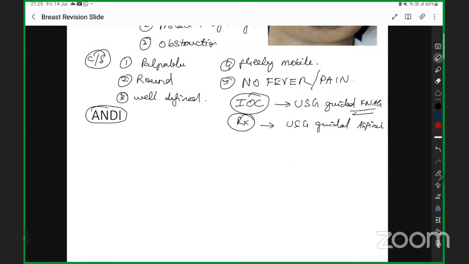In your book, SRB manual or in your Manipal, they'll be giving a lot of things about this, and I will tell you in short what the thing is. Abrasion of normal breast development and involution.